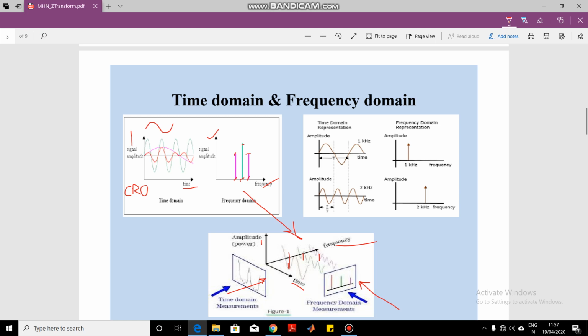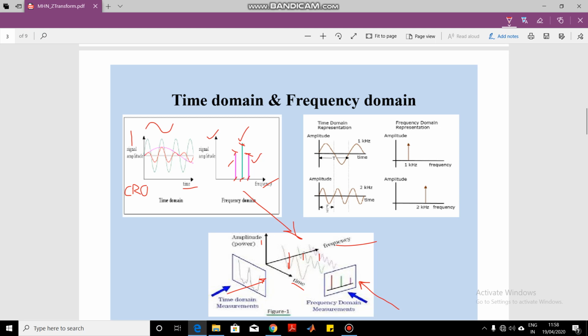But if you see that signal in the frequency domain, you will be able to locate the individual components, like you will be able to come to know that that signal is made up of two or three signal components. So there is a one signal component of some say 50 hertz, another signal component is of say 100 hertz, another signal component is of 200 hertz, and you can also understand how much proportion, that is what is the magnitudes of those components which are added together to form that original signal.